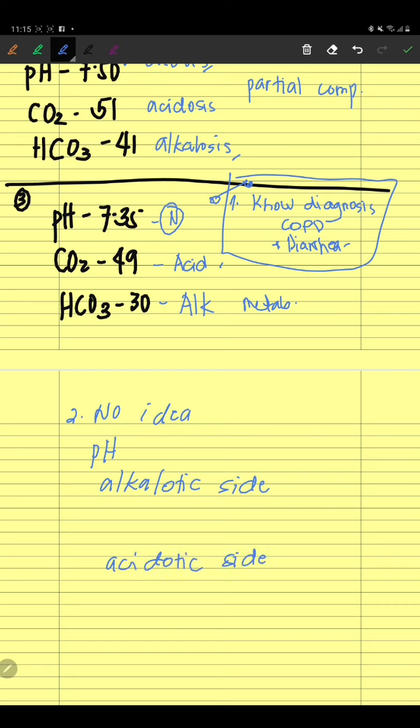What do you mean by alkalotic side and your acidotic side? In this case, normal yung pH, but then again, if it is normal, but